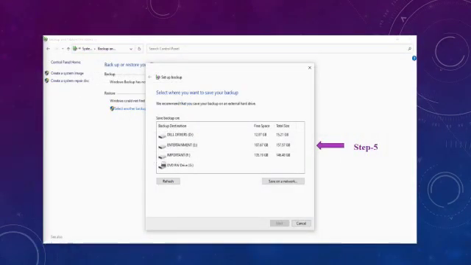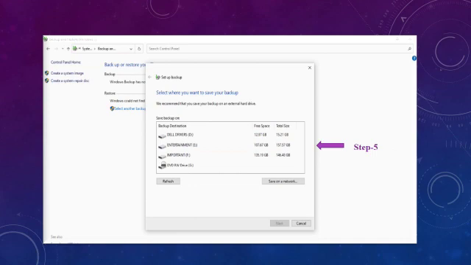Setup backup dialog box will appear on the screen. You can see the screen, children. There are different drives mentioned on the screen. D drive, E, F and G drive. So, select the drive where you want to save the backup of your file and then click Next button.